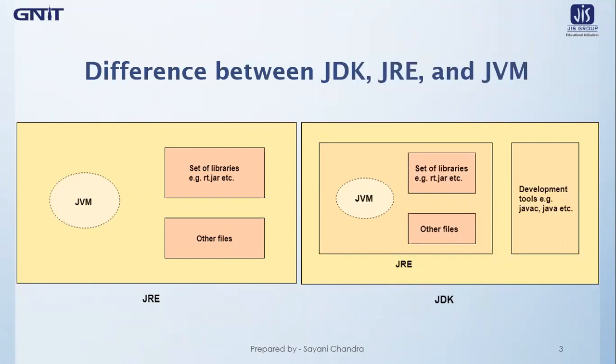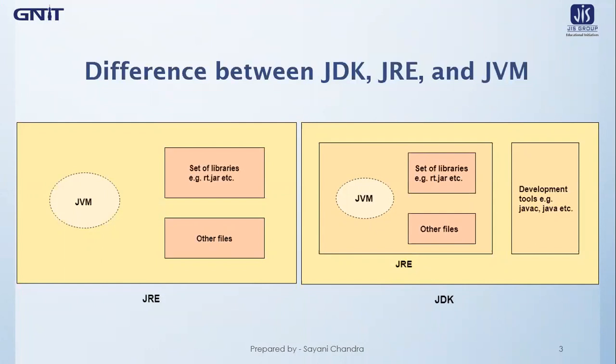So let's first understand what is JVM. JVM or Java Virtual Machine is an abstract machine. It is called a virtual machine because it doesn't physically exist. It is a specification that provides a runtime environment in which Java bytecodes are executed. It can also run those programs which are written in other languages and compiled to Java bytecode. JVMs are available for many hardware and software platforms.